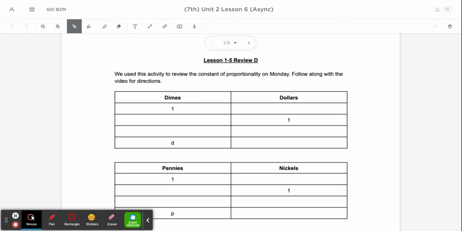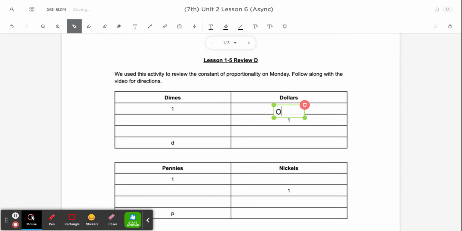The first thing we did in class today was review the constant of proportionality, which is what we covered on Friday when we were working in the table with dimes and dollars. If you weren't here on Friday, make sure you follow that asynchronous work in Schoology before you watch this video. So on Friday, we talked about how we can represent the relationship between dimes and dollars in a